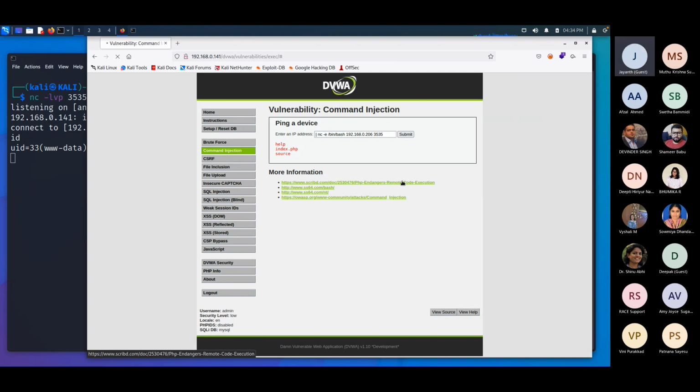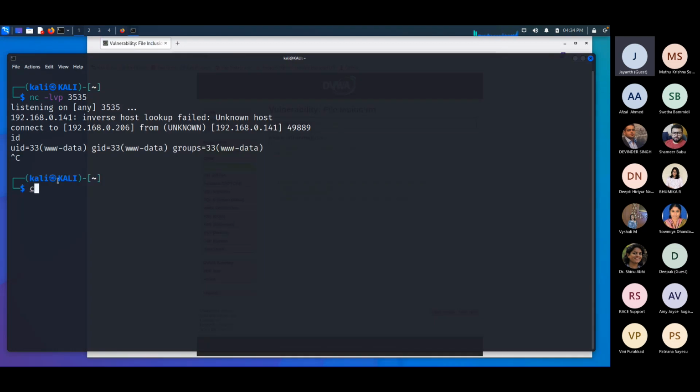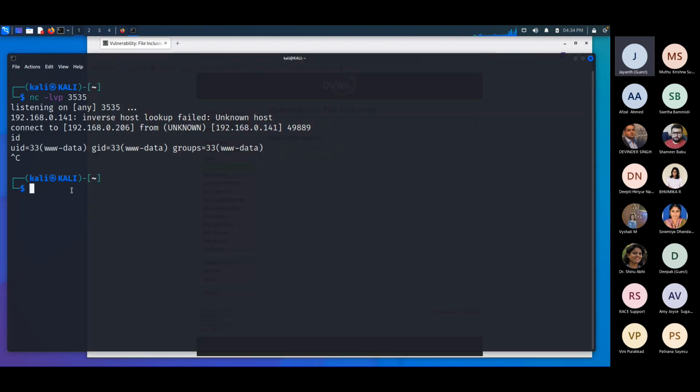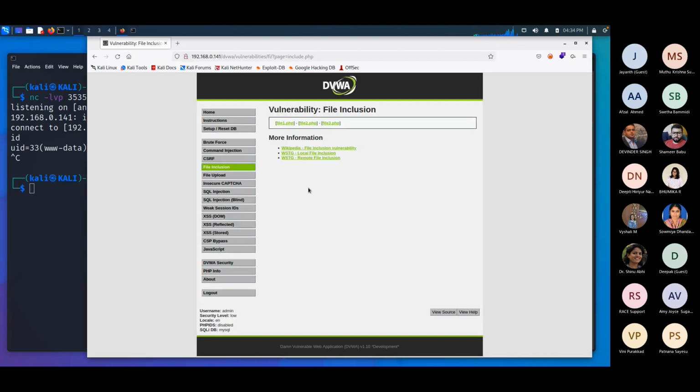To demonstrate that, let's move on to the WordPress application now. This is command injection, right? So this is the base for command injection. The next thing you can see is local file inclusion on this application. Let us close this shell. Local file inclusion: I can include files that are present on this particular server if this application is vulnerable